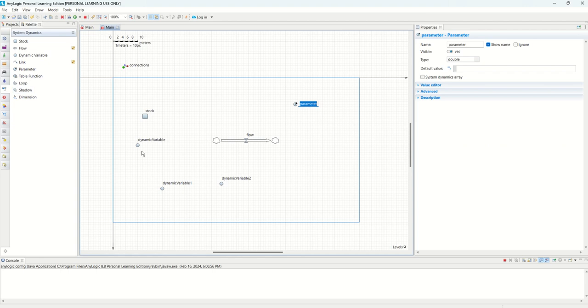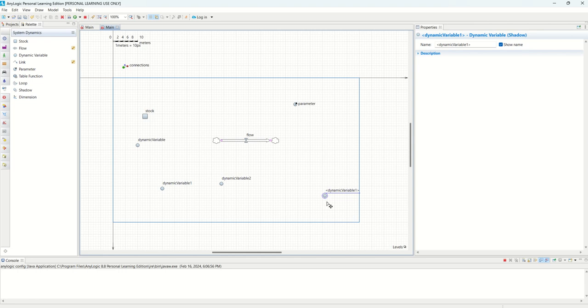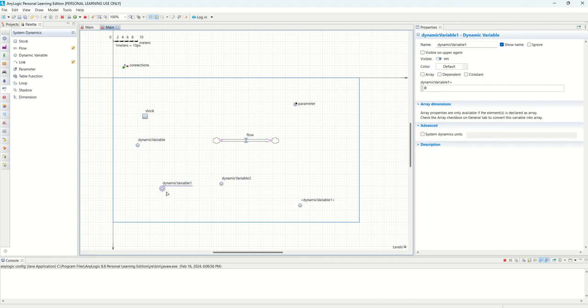I've shown you the shadow functions. We can see it here. So for example, if I have a certain set of relationships here, and I want to keep it tidy and neat, I can have shadows of different variables here. If I select the shadow of dynamic variable one, whatever values I have here will be here. And if I want to relate this one